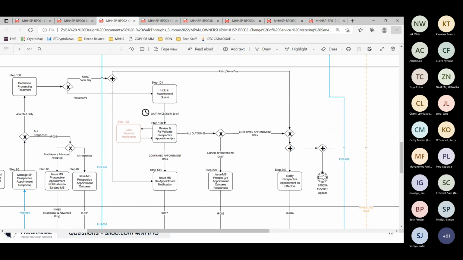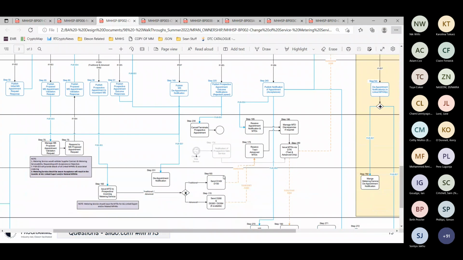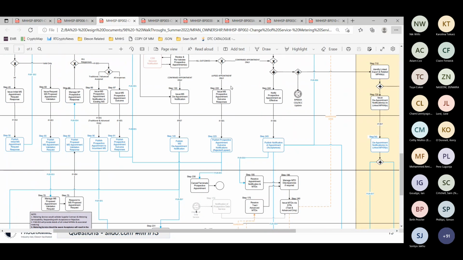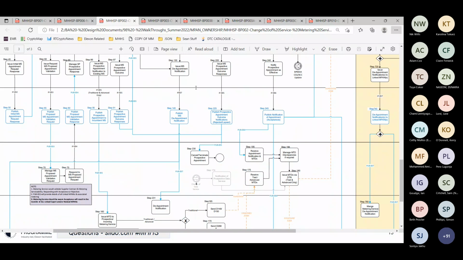Like I say, I think obviously participants will want to take these diagrams and scrutinize them, go through them in a lot more detail than we can do today. But alongside the main processing of the appointment by the registration service, behind the scenes there